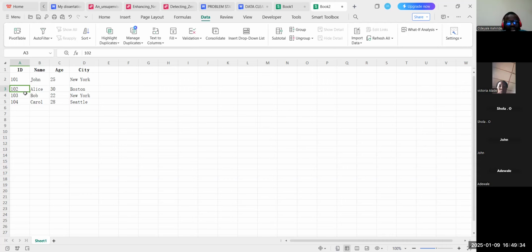Because we may have something like city. We can have two people that are from the same city. So we cannot use city, or we cannot use age, because we can have two or three people that are of the same age. So what we can use if we want to use a single